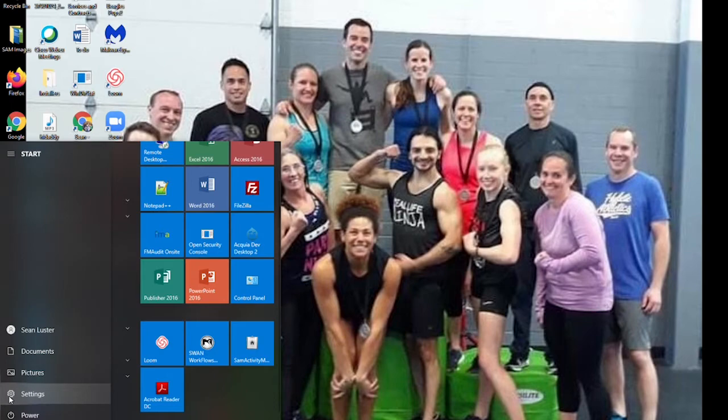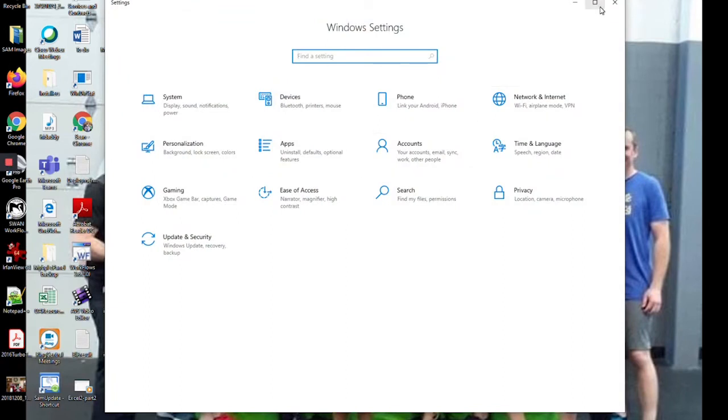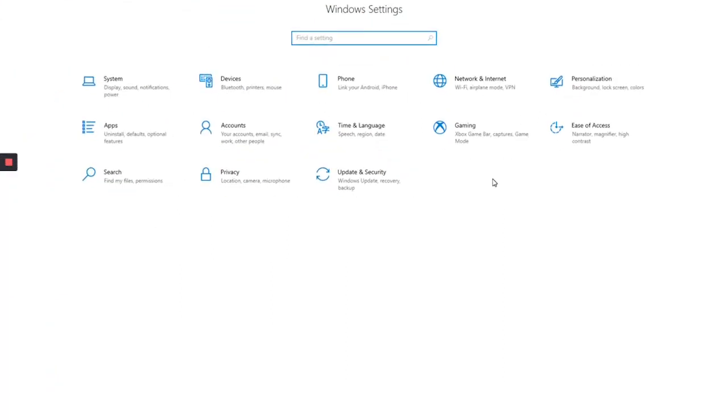I'm going to open up these settings just so we can take a quick look at that, because that is something that has changed as well here in Windows 10. Now, for those of you with experience with Windows, you know that the control panel is something that they've had for a long time, and it's something that they tweak and change every different version of Windows that comes out. Windows 10 is no different, and they've given us a basic settings screen that allows us to type in what we want to change here